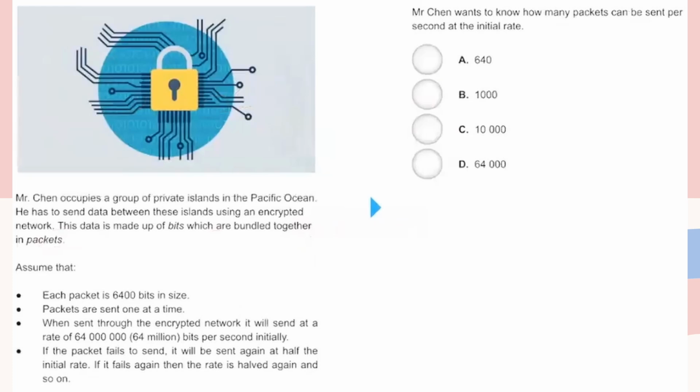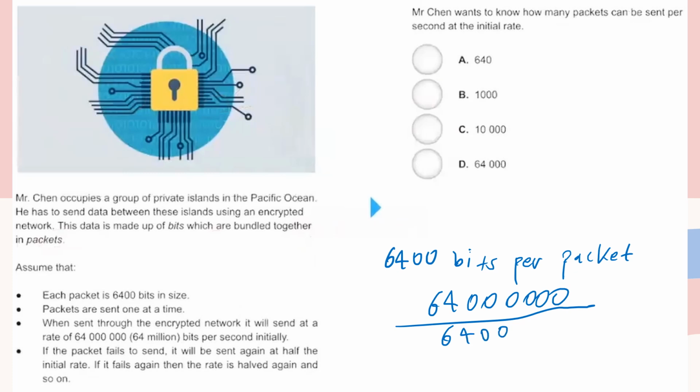Mr. Chen wants to know how many packets can be sent per second at the initial rate. They say that each packet is 6,400 bits in size, and packets are sent out one at a time. So let's see how many packets can be sent per second at the initial rate. We have 6,400 bits per packet, and then this is the initial rate speed. So you have to do 64 million